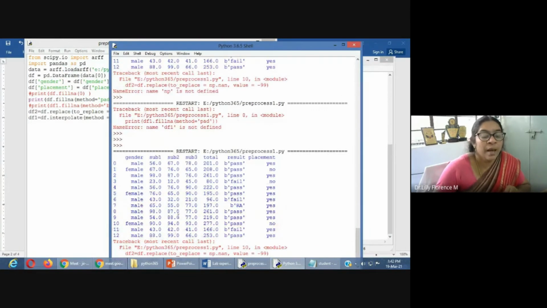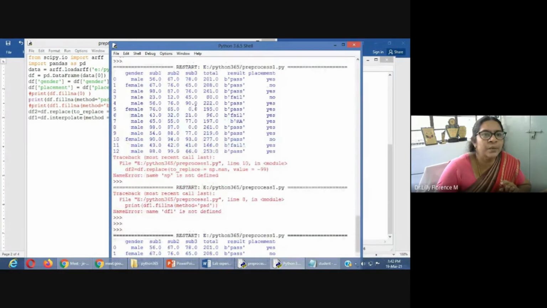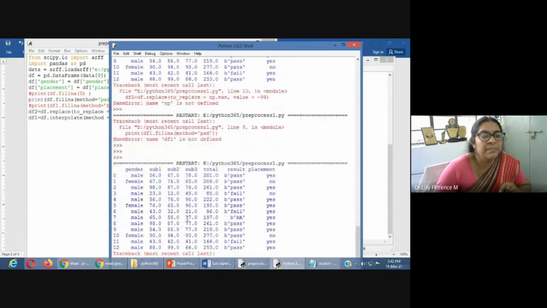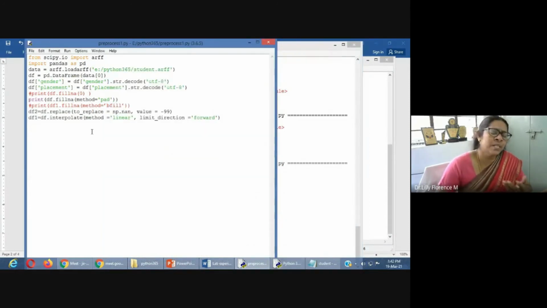See here, now the 0 has been filled. It was 0 in subject 3, but here it has been filled with the previous value. So this is the method we can use. Or otherwise, if you want to fill with the next value, we can use this. Instead of method pad, you can use bfill. This is the way we can handle the missing data.